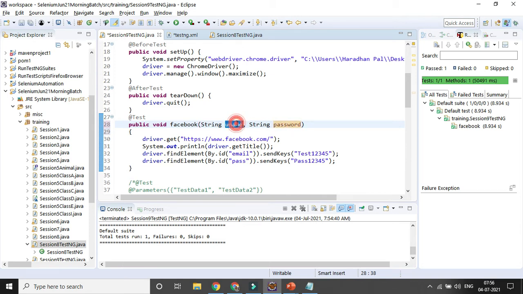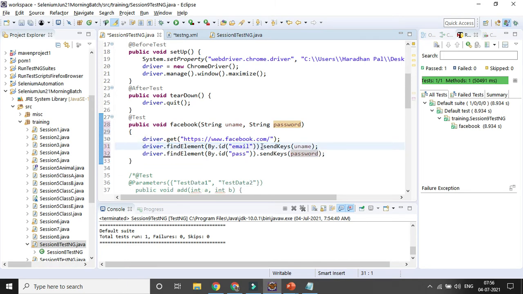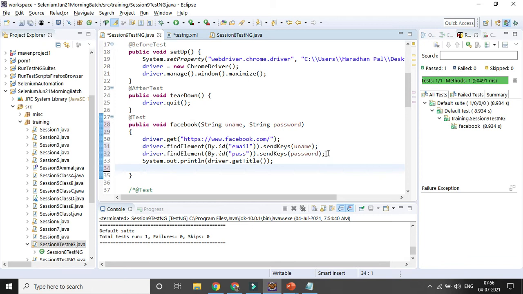Okay, that part I want to pass it, right? So now it will be passing your username. So you already defined the data type, so you no need to give it, and you can give it the password, right? So then I don't want to remove the title. Instead of that, I can cut paste it, and every time I want to print my user ID and password, right?